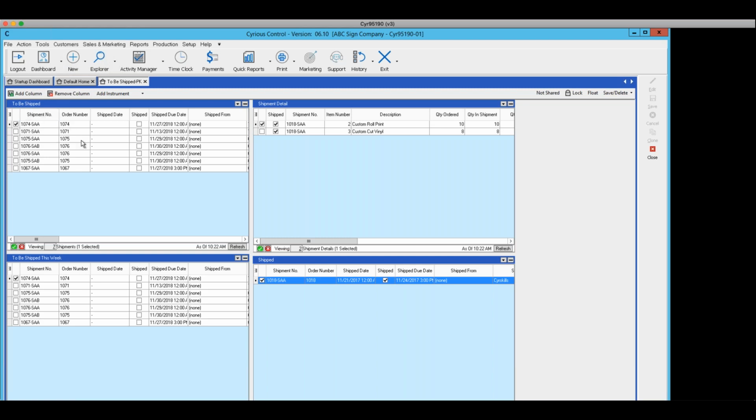Now on this particular dashboard, I wanted to be able to see, these are called instruments, these four with a dark blue row. There are four instruments that I wanted. One was to see what is to be shipped this week. So looking at more than just today, but looking at to be shipped this week. The shipment detail. So if I select this one over here, 1074,